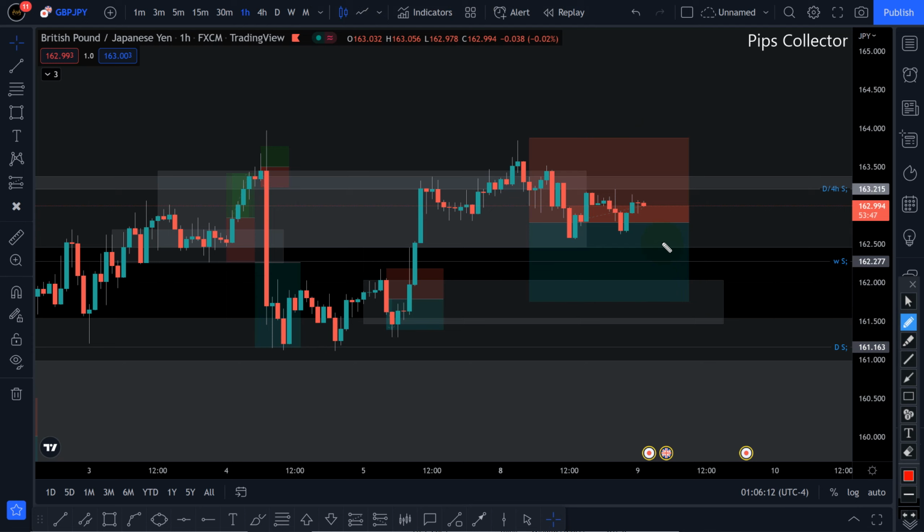But as usual, we'll start with some post analysis. Let's look at what we got or did yesterday. Yesterday, I was looking for sales on British pound, Japanese yen, below here, which is below the structure. Stop loss here, which is above the structure,